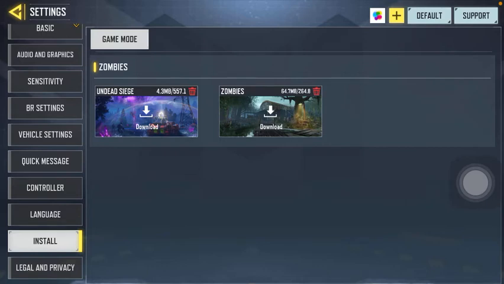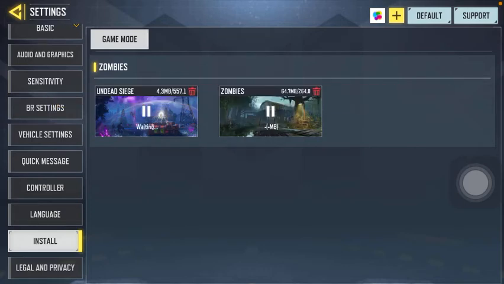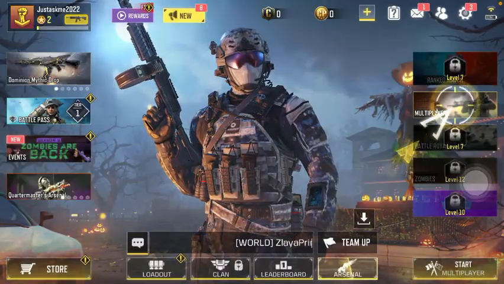So if you want to download any of them, tap on the relevant one, and as you can see it is being downloaded. If you have enough space, it will be downloaded in a few seconds. However, if you have run out of space, you should free up some on your device, and then you will be able to download it, then tap on it and it will be updated automatically, so you will be able to use the new theme on your device while you are playing with the Call of Duty